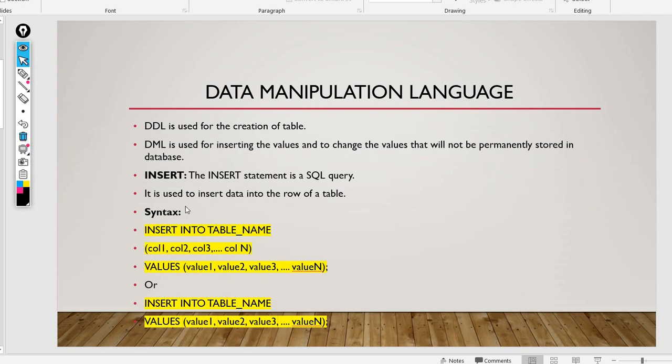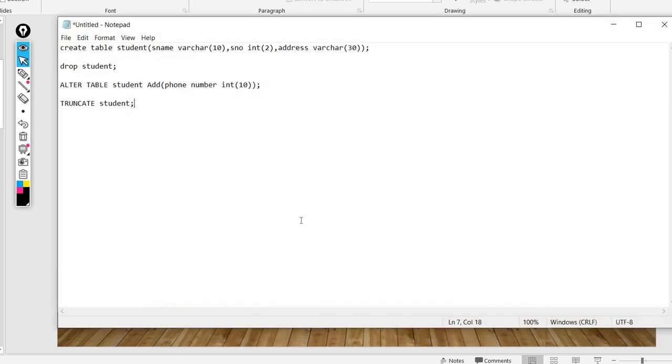Okay, so in data manipulation language, how do you insert? Just have a look here, I'm doing it. In DML, I'm going to insert with insert into, and the table name, I've taken student, values.